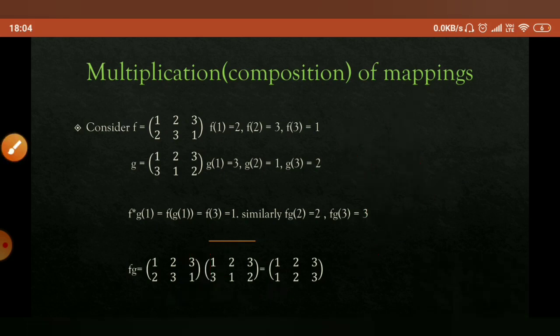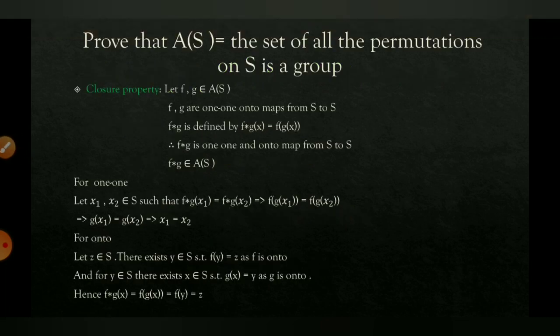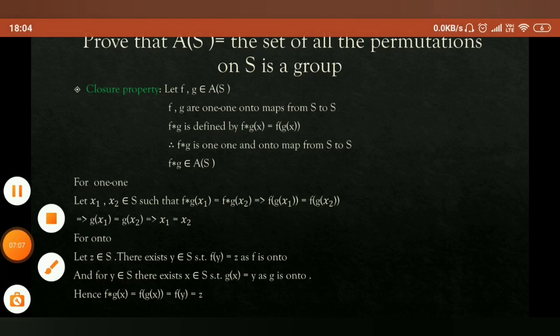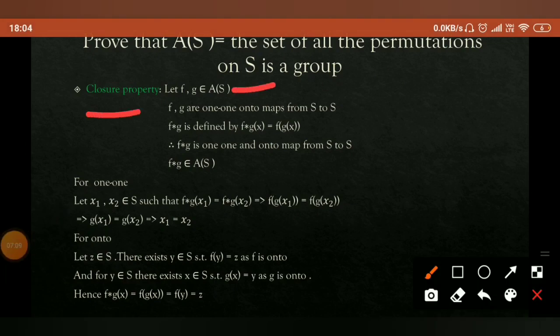So this is called multiplication or composition of two mappings. Now, a very important result proves that AS, the set of permutations, is a group under this composition of mappings. So here we have to prove four properties of a group. First, the closure property. That means if we have two mappings, two permutations, their product or their composition is again a